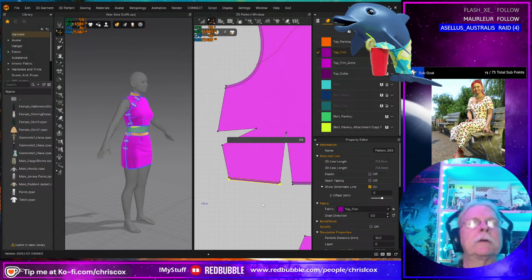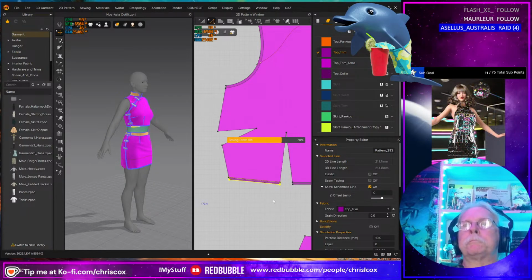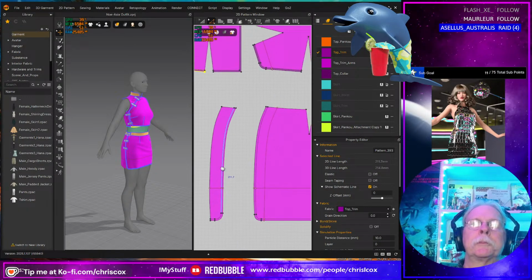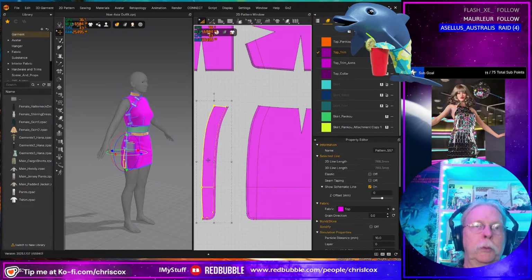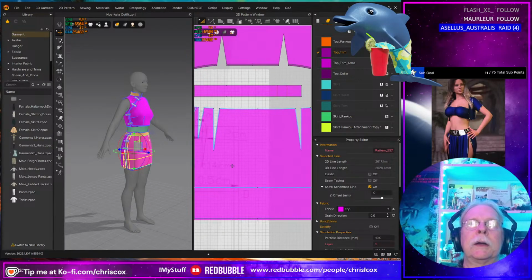Hit save, because this is a good point to save. All right, let's finish up the skirt. So you and you and you.